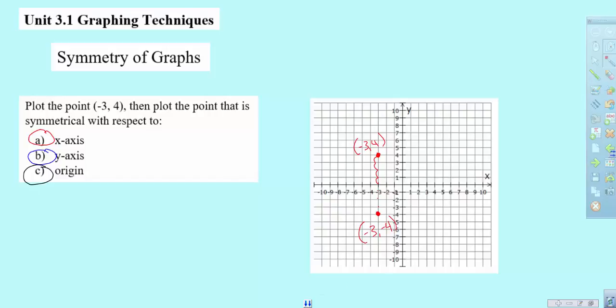Alright, we go to symmetry over the y-axis. So from the y-axis, I was 1, 2, 3 units away. So from the y-axis, I'll be 1, 2, 3 units away. And so that ordered pair would be 3, 4, because it's the x value that changes when you're on the